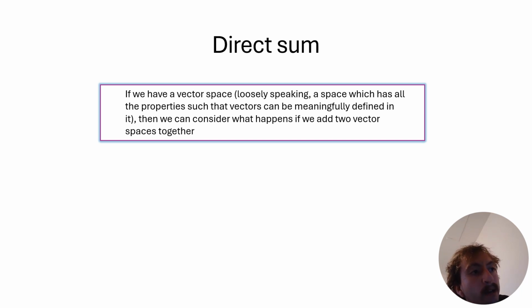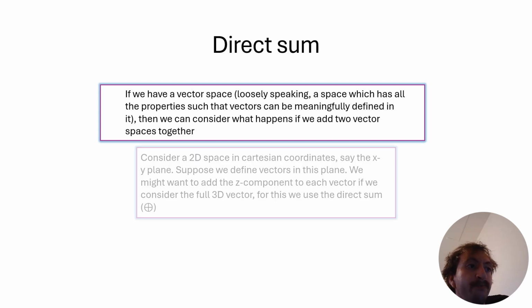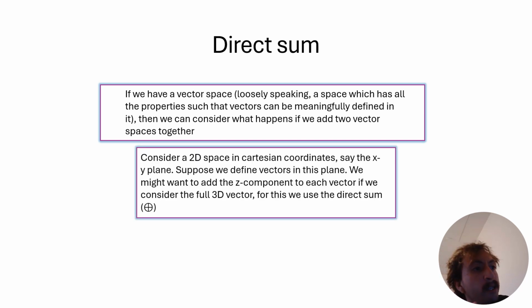So if we have a vector space, which loosely speaking is a space which has all the properties such that vectors can be meaningfully defined and exist on it, and we can do standard vector algebra, then we can consider mathematically what happens if we bring those vector spaces together. And as a reminder, that's very important for us as physicists, because we would like to talk about composite systems in quantum mechanics, and composite systems will involve bringing vector spaces together. So the direct sum